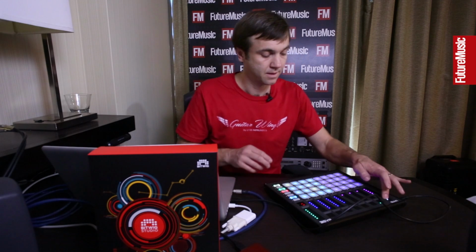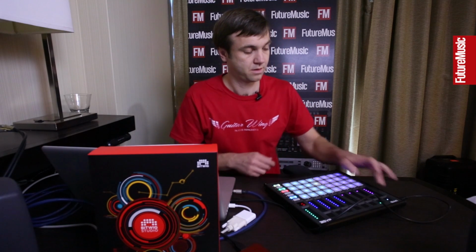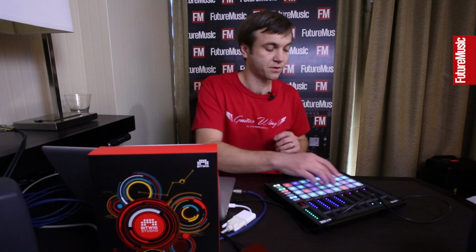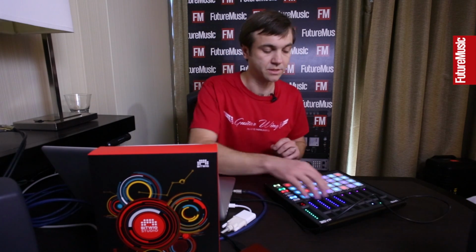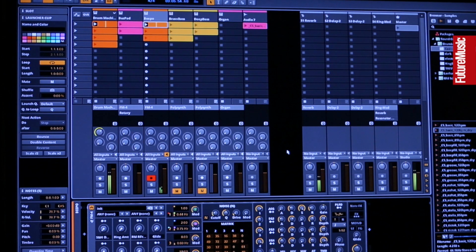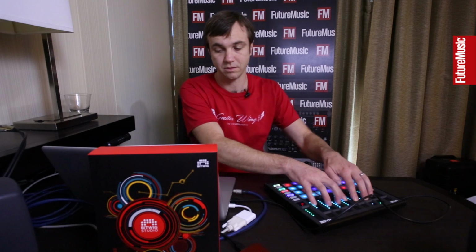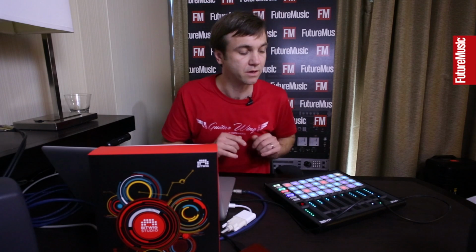So on this track I can add some reverb. I can go ahead and launch a clip here and select that track and add some other sends and returns and control the returns over here on this side. And so in our third mode here we have device control, so we can get into an instrument and really start to tweak out some of the parameters of a synthesizer, for example. And now I'm tweaking it so bad you can't even hear it.